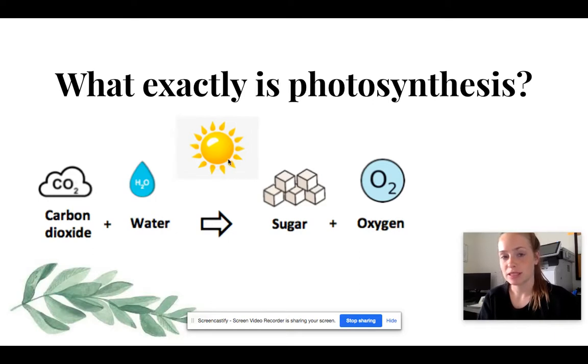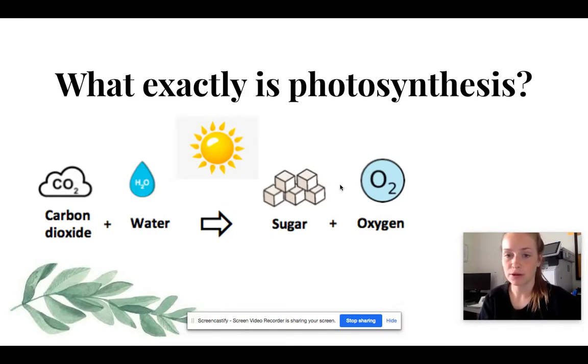During photosynthesis, it transforms this carbon dioxide and water into two things, sugar and oxygen. This sugar is the chemical energy that it will use later on. It will store in its seeds, leaves, in any structure in the plant, or it can use it as building